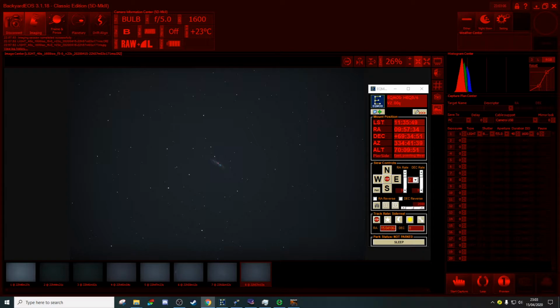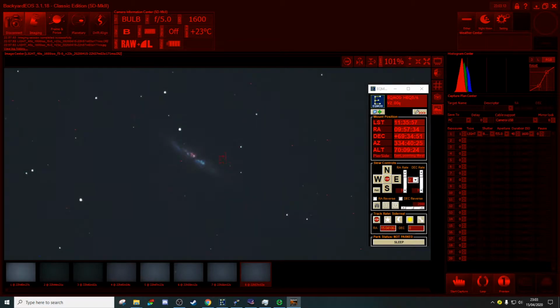I've called it star hopping. It's not exactly star hopping. Just having a flick through what's above us, but we're using a colour camera this evening instead of the mono. So we'll just keep bringing up the Stellarium and having a look round, see what we fancy landing on. But that on screen now is Cigar Galaxy,